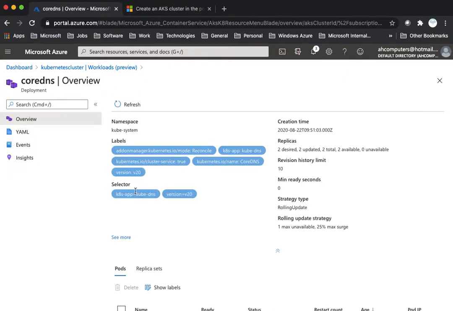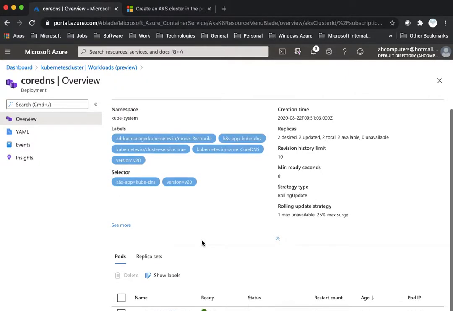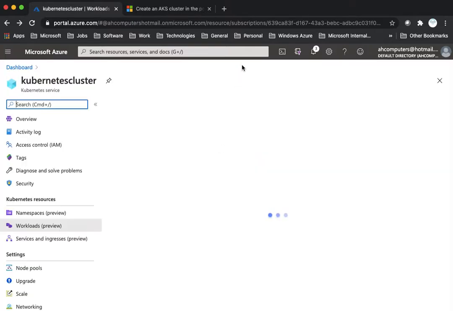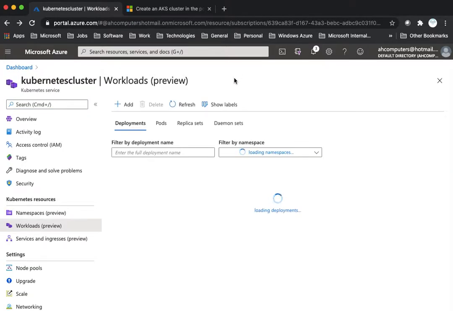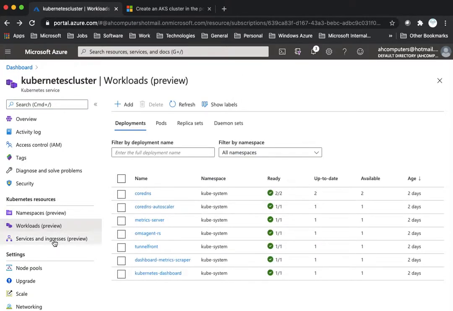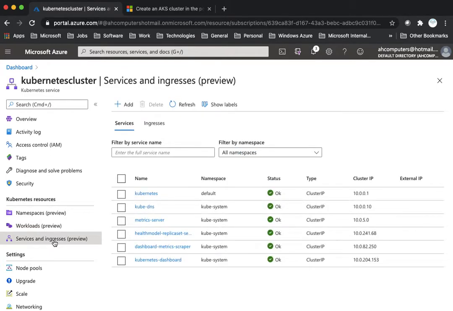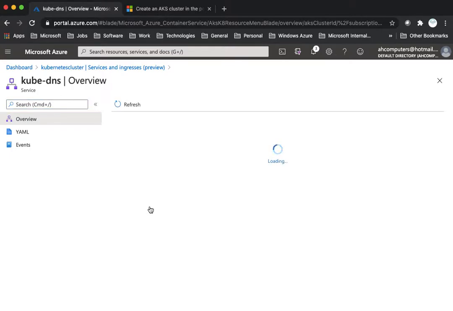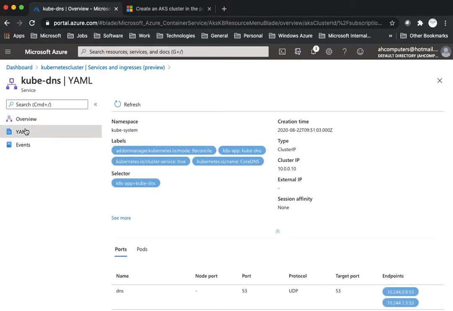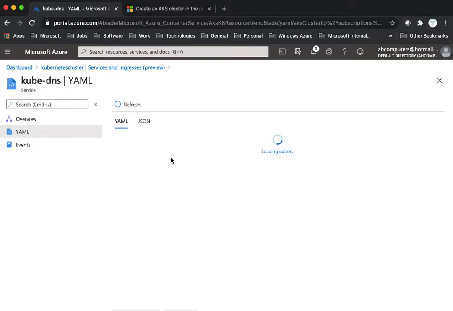DNS, that will show me what's available, what's happening, and you can see here what is going on with my loads. Service and ingress, traffic incoming into my environment, and you can see the cluster IP. Bearing in mind I used public IP to define, but you can see there the IPs for each one of these services. And for example, the DNS one, again, if I go to my YAML, you will see the predefined